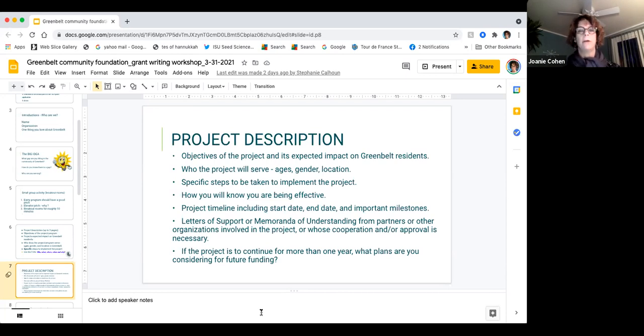And oftentimes, I don't remember how many years I was on the board, when we did our grant selection and recommendations, we would ask programs that serve more than just Greenbelt to really let us know how they're going